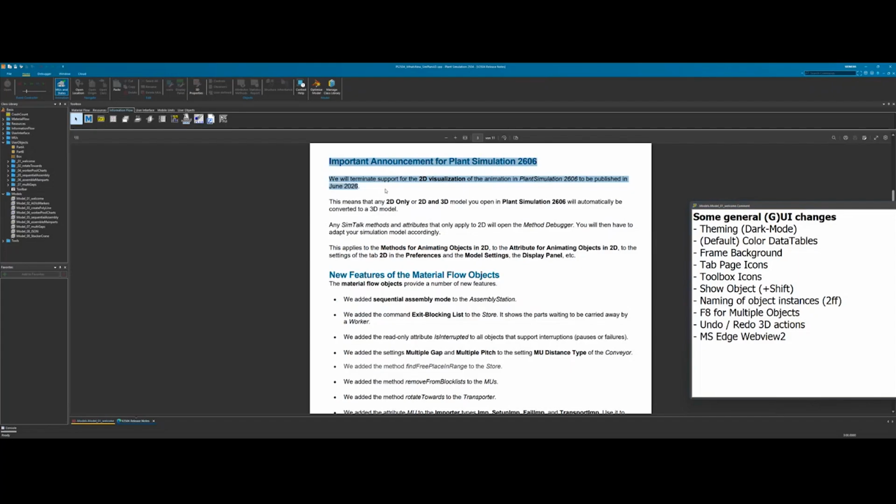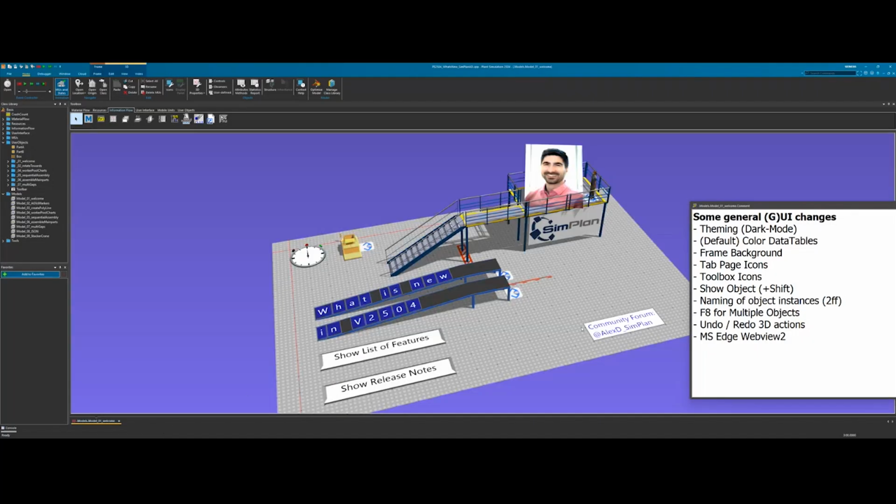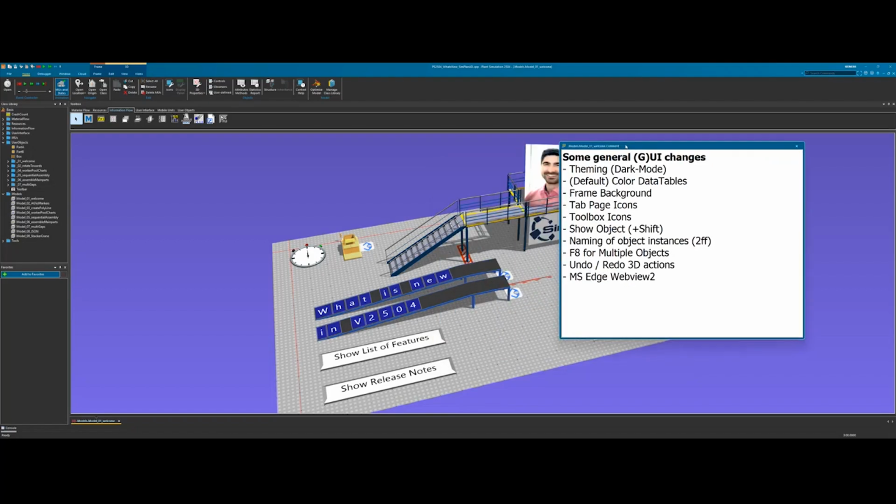So new models starting in version 2606 will be 3D-only models, and previous older models have to be converted to 3D models if you want to keep using them in the new version. Yeah, but that's just a preview for next year. I don't think we should get into too much detail.